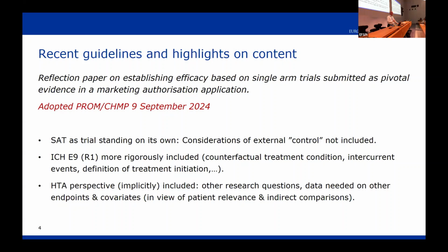So we looked at the single-arm trial really as an independent entity, because most of the single-arm trials we see have an original protocol where only the single-arm trial is described. And that's done, and it's submitted to the ethics committee. And at the time of submission, we see lots of other stuff happening, external controls to contextualize being added, but that's not the trial design.